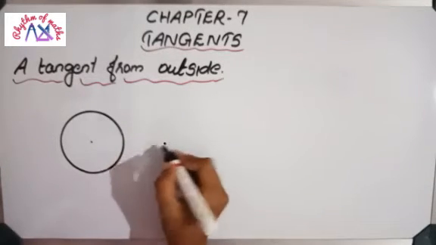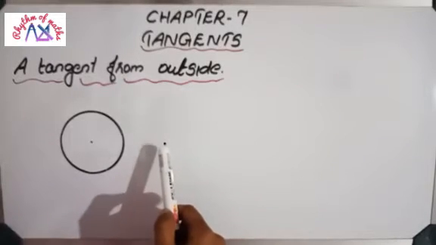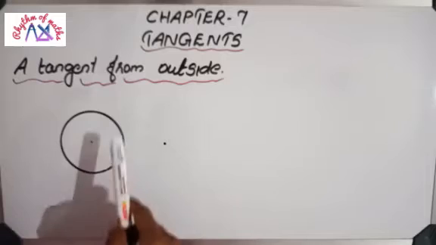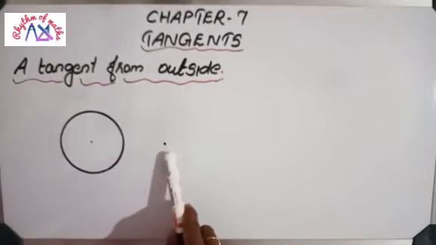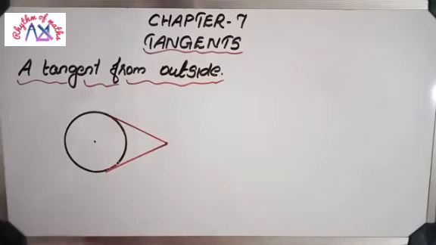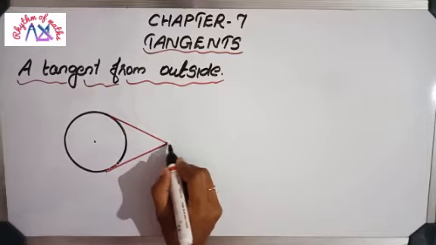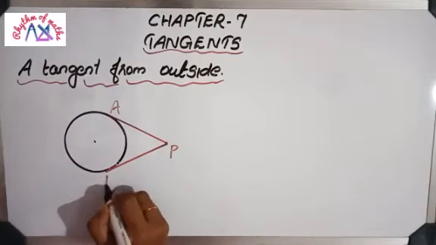If we have a point outside the circle, from this outside point we can draw two tangents to the circle, and those two tangents will be equal. Like this we can draw, and the method to draw the tangents I will explain later, because the section is there, questions also there. Here you just learn the concept. From the point outside the circle, for example, let's mark this point as P, and these two points as A and B.